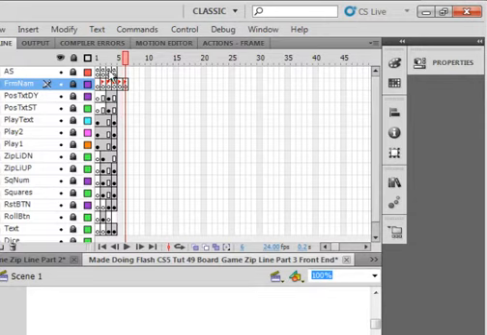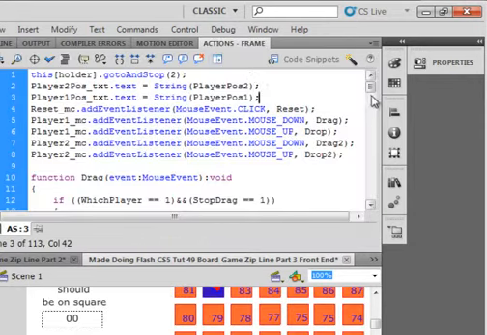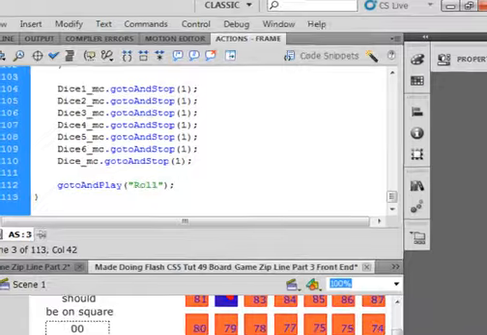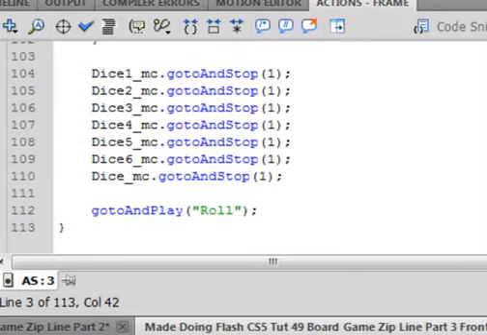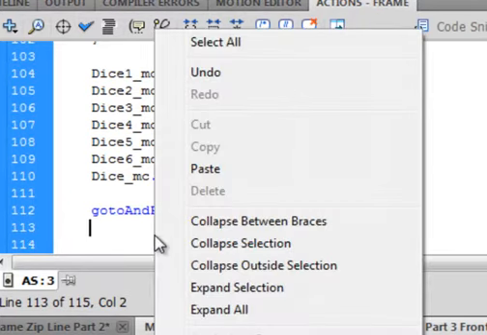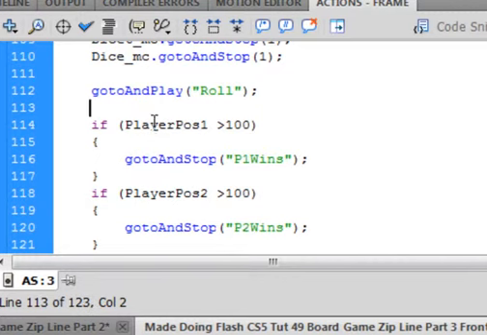Open frame 3 of the actions panel and down the very bottom here, after all this dice stuff takes place and after this roll, put this code in, type, and it says if player